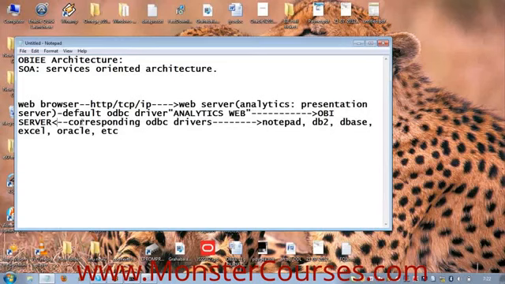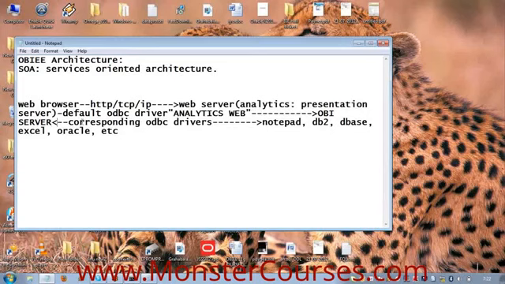Then the web server will display the data on the web browser like this. Understood now? Got it now? Yes. Now your communication will be like this.